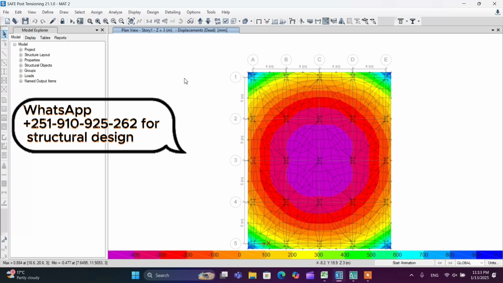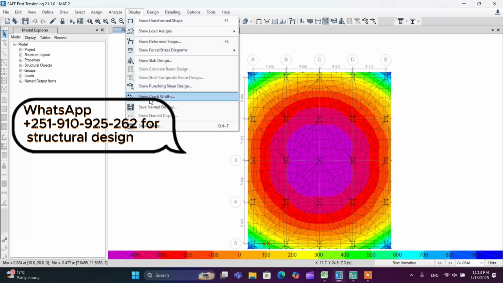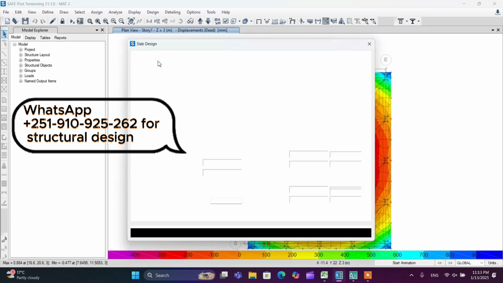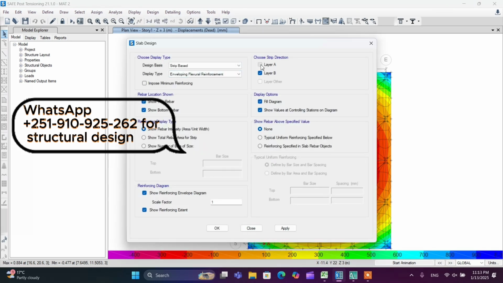First of all, it's better to go to your SAFE version 21 software like this. In the first tutorial, that is tutorial part 1, we modeled, analyzed and designed our mat like this. So you have to take some reinforcement data. To do this, it's better to go to the display menu, show slab design. After that, it's better to